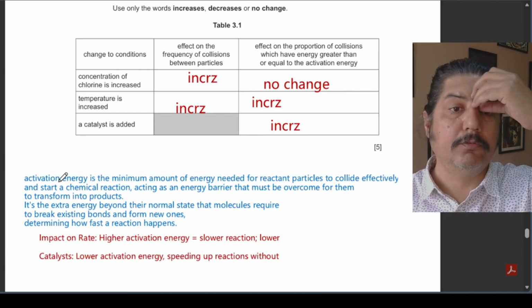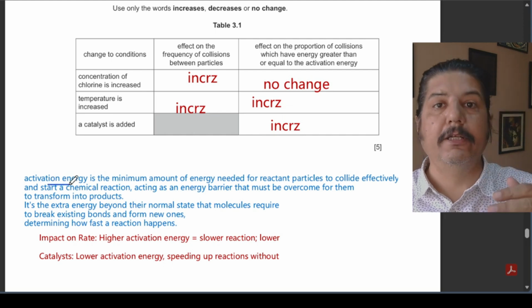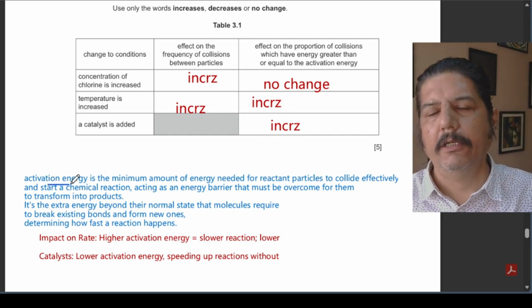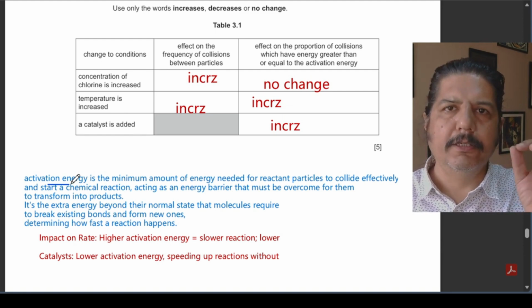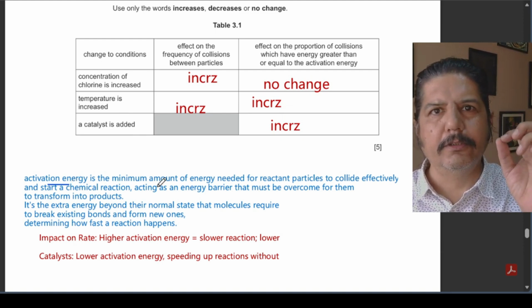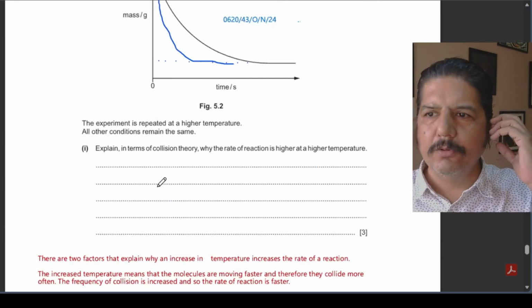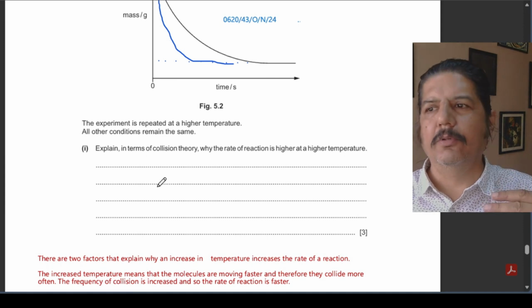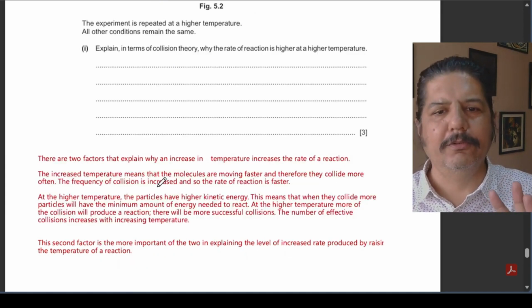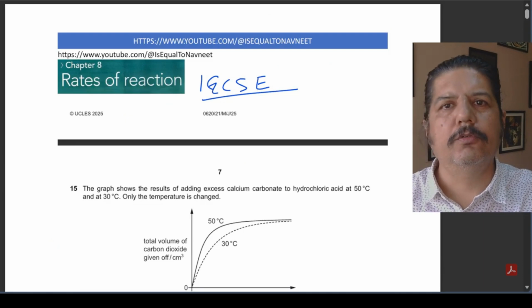Activation energy is one of the hot topics from this chapter. A lot of questions are asked from activation energy. But when you are explaining activation energy, my request to you would be to use the appropriate words, to use the words as are mentioned in your textbook. Please don't answer the question as if you are answering to your friend on WhatsApp. Please don't do that. So let's start.